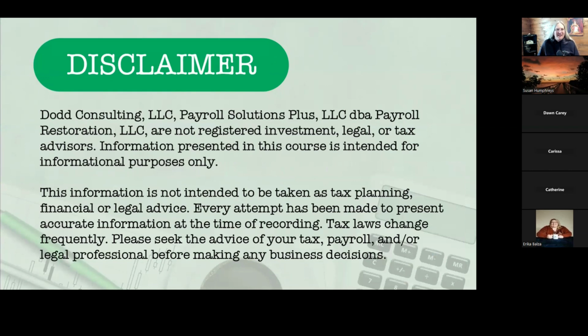The information is not intended to be taken as tax planning, financial, or legal advice. Every attempt has been made to present accurate information at the time of this recording on November